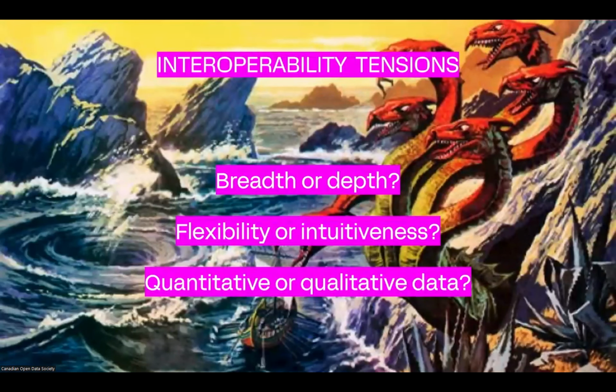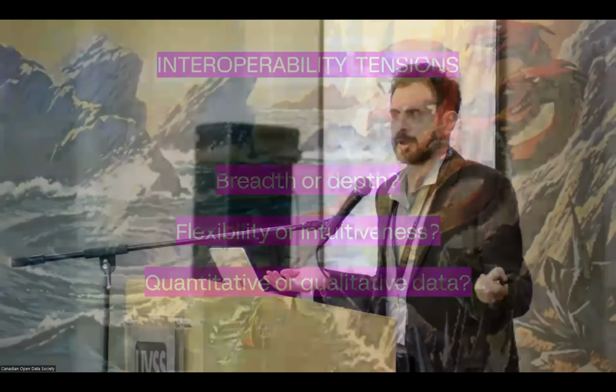You lose that intuitiveness. And then in a different register, but also very important, is the tension between quantitative and qualitative data. A lot of data sets that we work with and that have been made available are quantitative, and that's important. But in our domain of socio-environmental questions and more broadly, stories matter too. So there's qualitative data that speaks to people's lived experiences of the patterns that are aggregated with numbers, and we kind of have to choose one or the other. Or do we? That's what we're up to, trying to avoid the whirlpool and avoid the monster. Can we design a system with breadth and depth, with flexibility and intuitiveness, with quantitative and qualitative data,